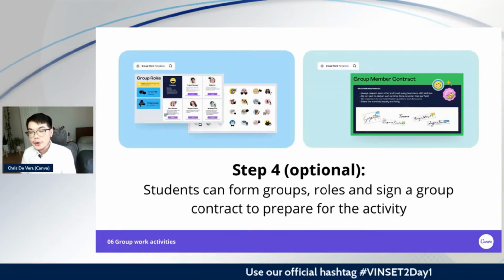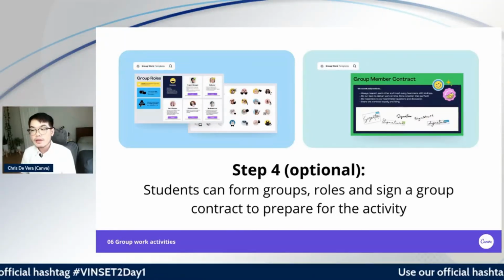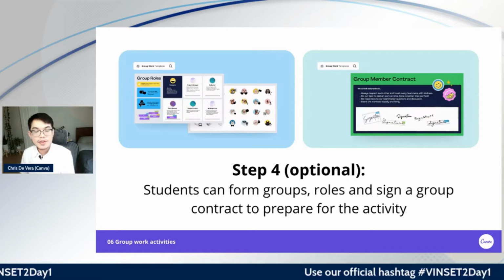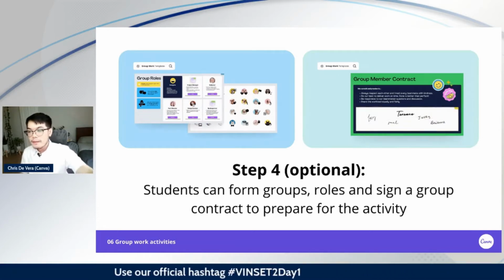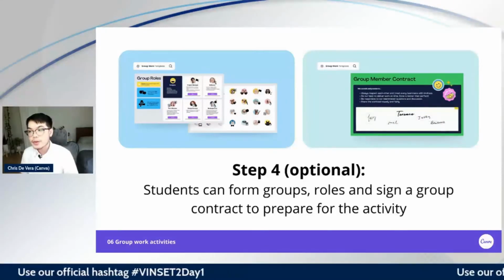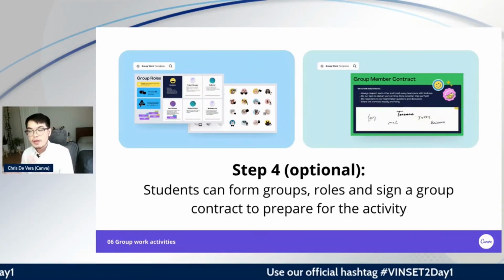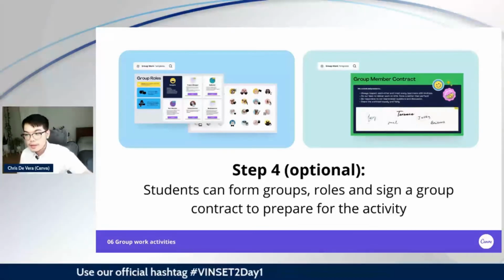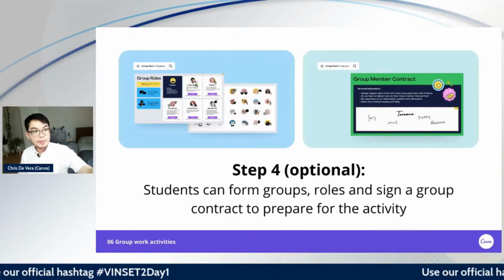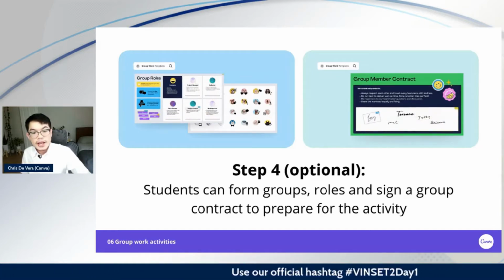So going back to the group work, step 4, your students can form groups, can assign roles, or can even sign a group contract to prepare for the activity. It's just a little something extra, but your students can maybe type their names at the bottom, all at the same time, just to show, okay, I agree to this, or this was submitted by, and then put the names of your students. And then you can subdivide the group during the activity. And lastly,